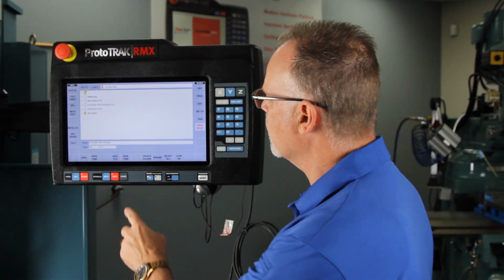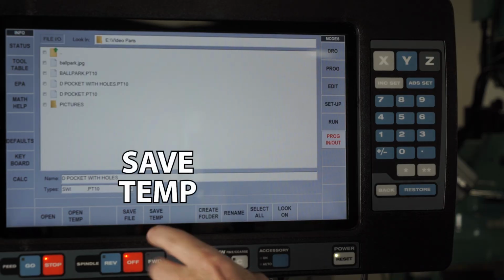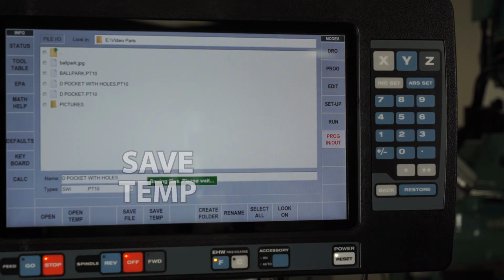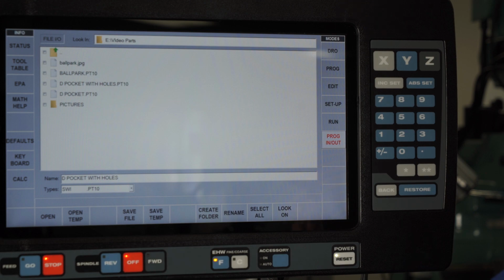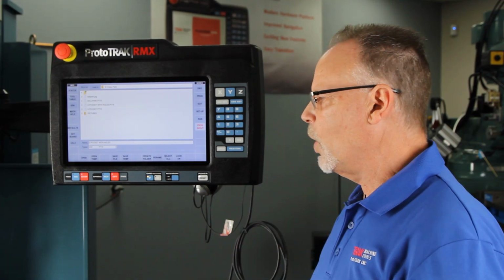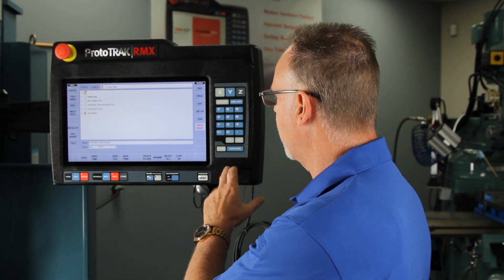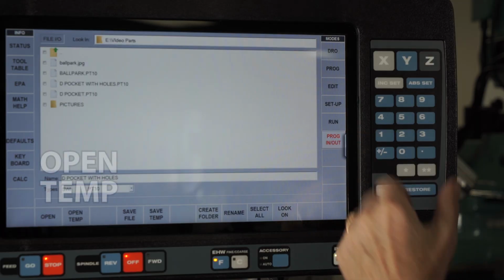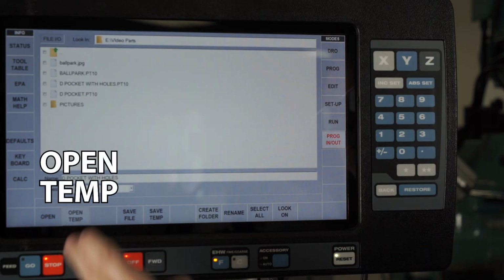There's a way around that. There's a button here that says Save Temp. And if I push Save Temp, it will burn that one program into the memory. So now I could shut the machine down, come back next Monday, whatever it is, and open the machine back up. And when I open the machine back up and I go into here and I say Open Temp, it's